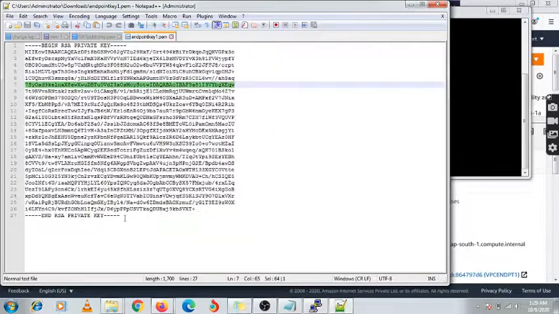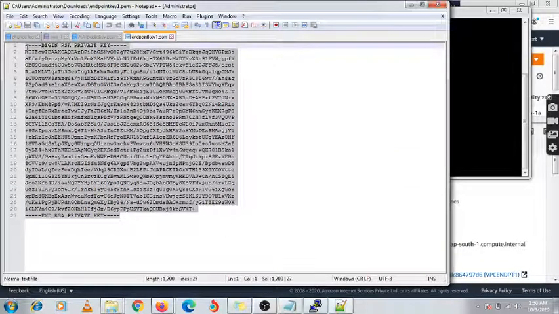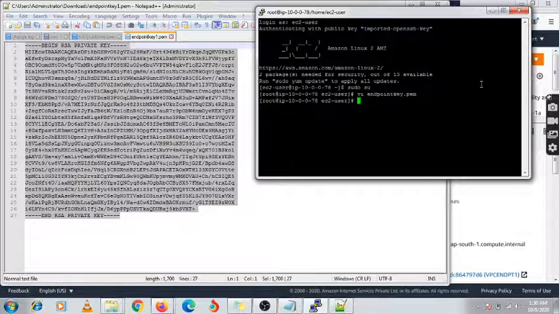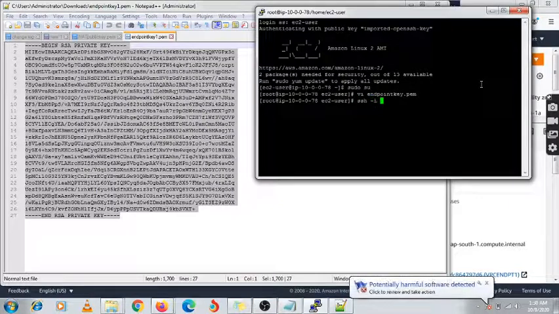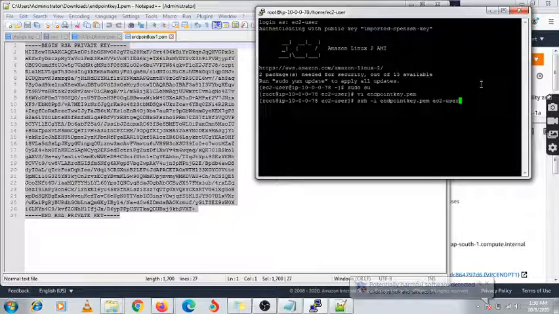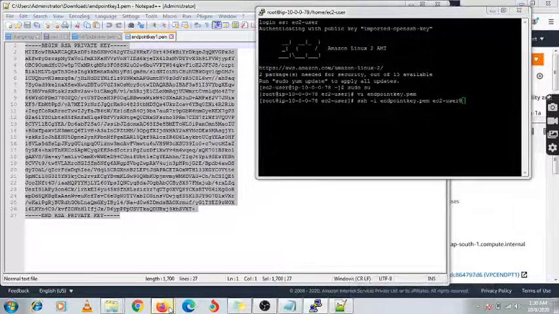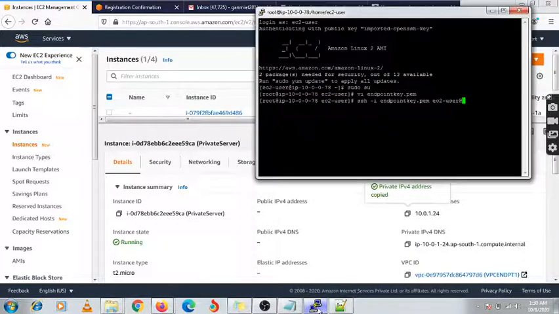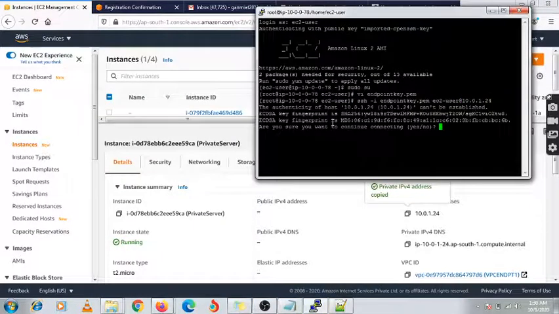Copied it. Now I am going to save it. ssh space hyphen i, giving this key name, space ec2-user at the rate, and as I specified, that private IP address, just copy it and paste it, of my private EC2 instance.